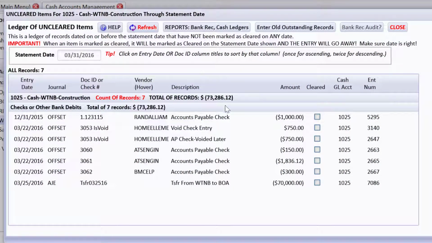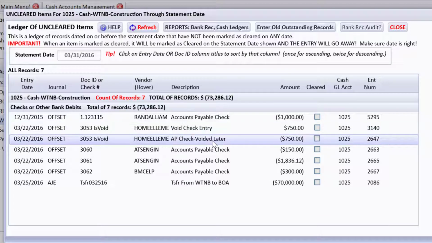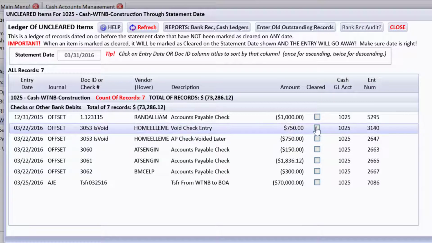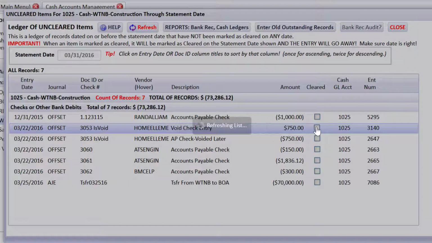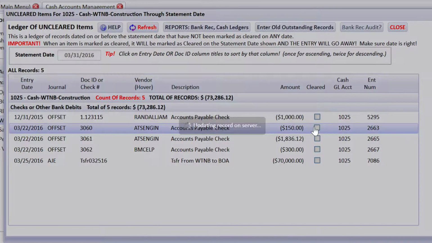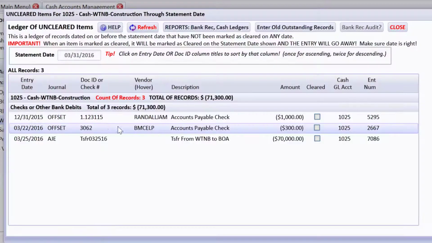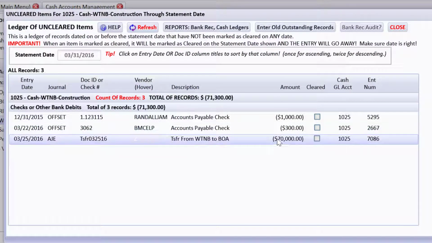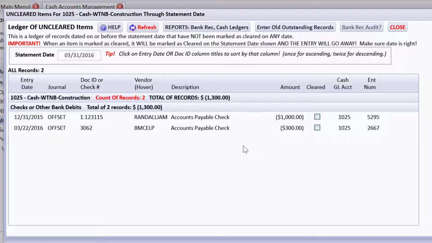because this is the list of uncleared. Now this is a check that we voided. If you void a check, you're going to see an in and out of it that is making a zero effect to your cash account, and you would just want to get those off the list. We're also going to play like this one's cleared, this one's cleared, and perhaps late in the month this one to BMC or something did not clear, and then we posted actually a transfer in the adjusting journal entry to the cash account. So we could look at that here in a second too. So let's say, okay, this is all that we show as outstanding.